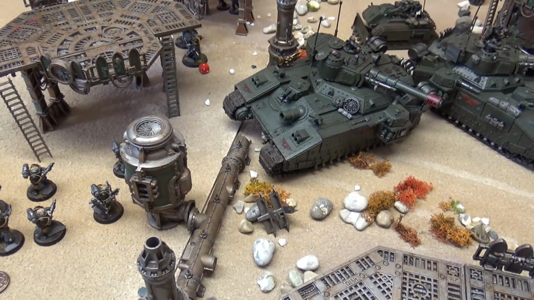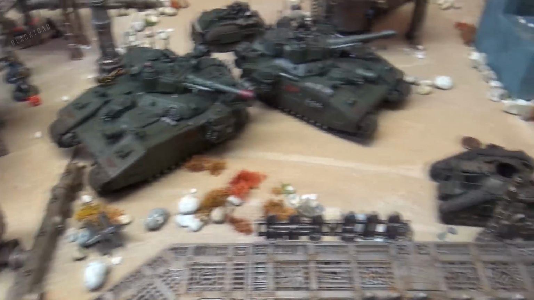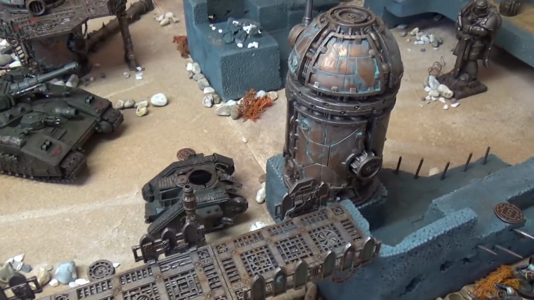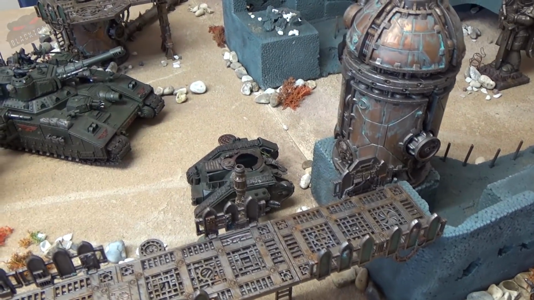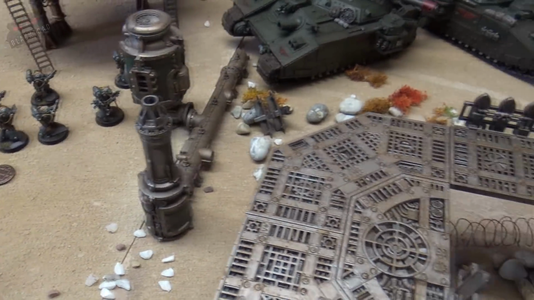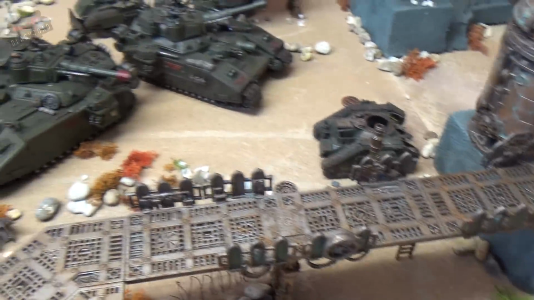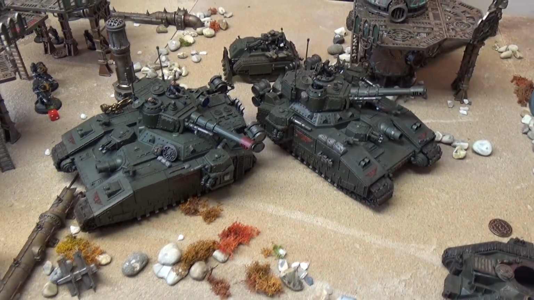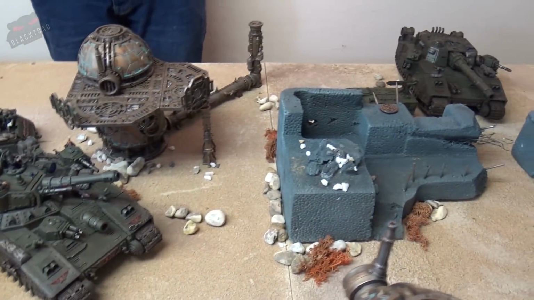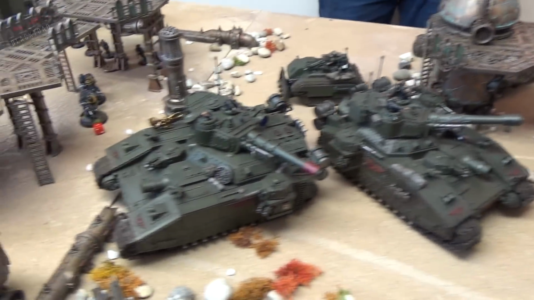Yeah. And from my point of view, I was reasonably impressed with Cullen. I think he held his ground very well. From an objective point of view, I managed to hold on to the objectives I had on my side of the board, because I had good troop choices sitting back here quite happily. But unfortunately, the sheer amount of firepower is what outdid me. Unless I could have got rid of one of those Baneblades,